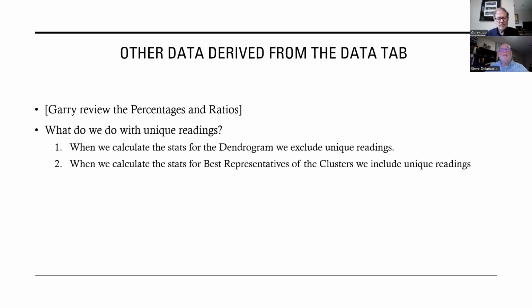So just to be clear, unique readings means a single scribe presented a certain reading. We could also refer to it as an idiosyncratic reading. And for the purpose of the dendrogram, we exclude those unique readings because it gives us a better picture of what's going on. Now, on the other hand, when we're looking for best representative of the clusters, we include those